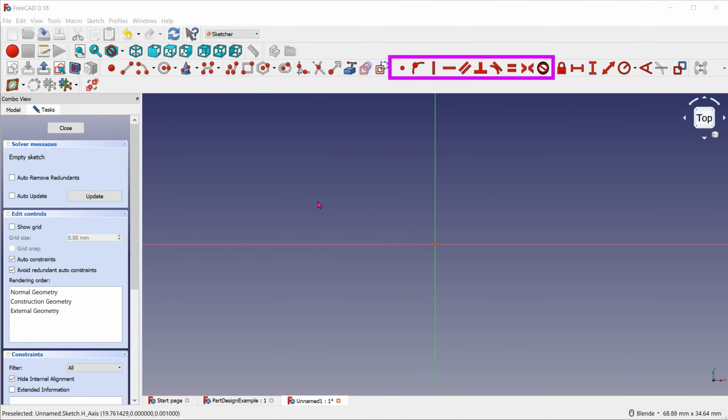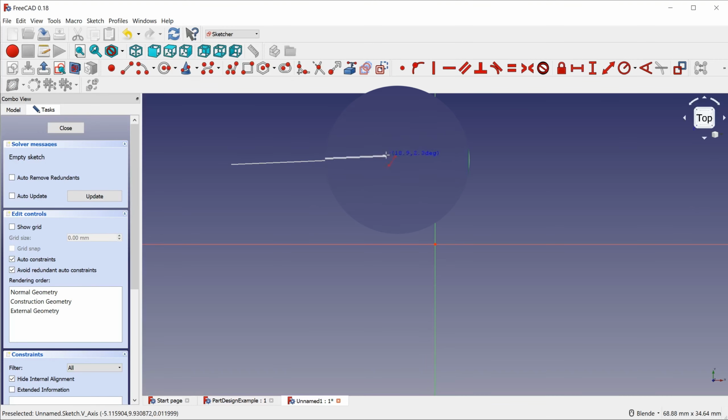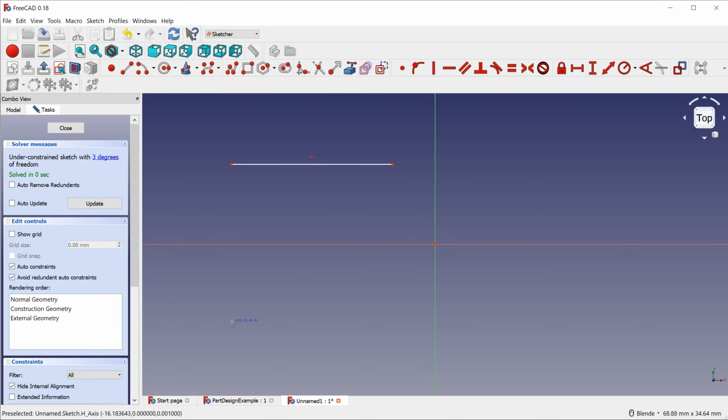When it comes to constraints, FreeCAD works quite similarly to Fusion 360. If you need to draw a horizontal line, watch out for the inferred constraint before clicking, and the constraint is automatically added. You can also draw a line in space, click on the horizontal constraint, and then click on the line, or vice versa. If I need to join a new line to this point, watch out for the highlighted point in yellow or the red dot beside the cursor before clicking. Or you can add in the constraint by clicking on the coincident constraint and selecting the 2 points.